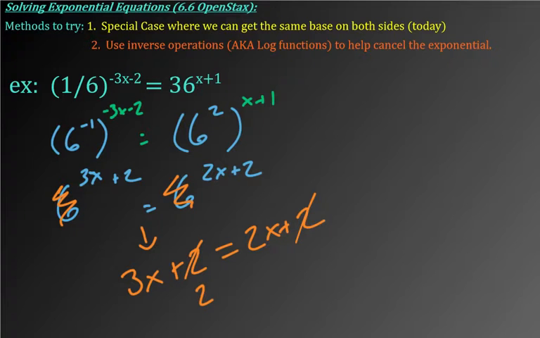So, oops, sorry, can't do math. So if you minus 2x, you get just x, and equals 0. The nice thing about